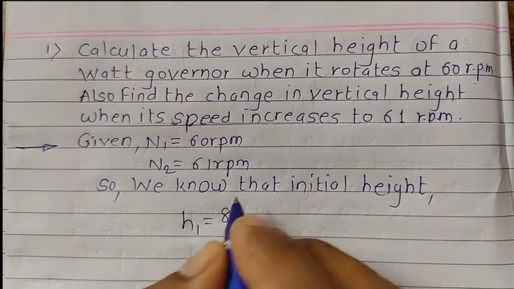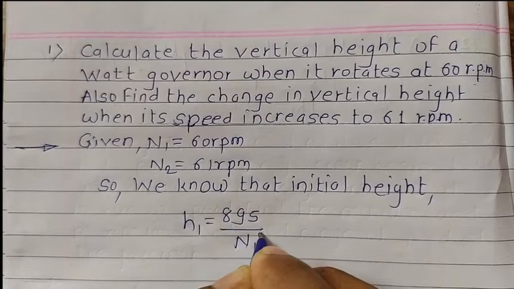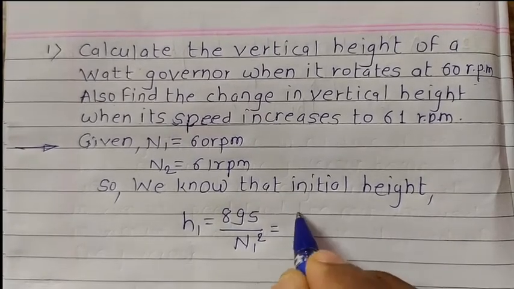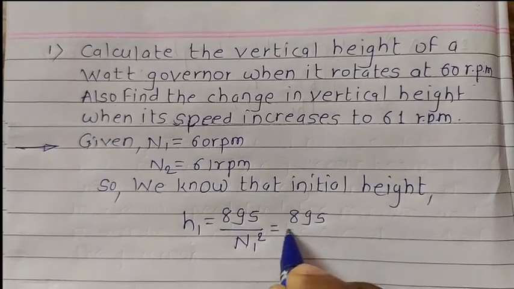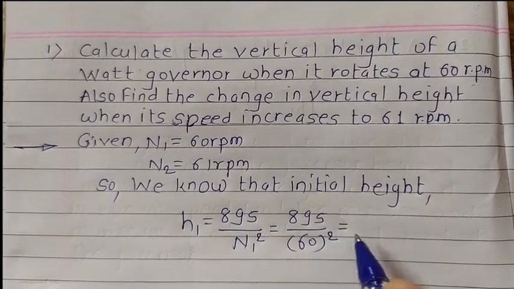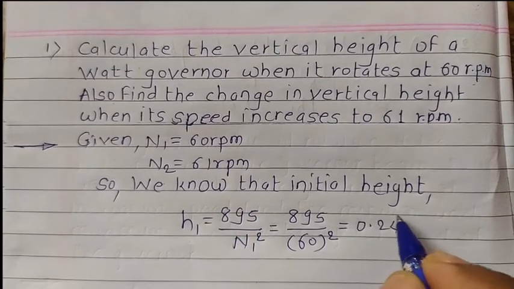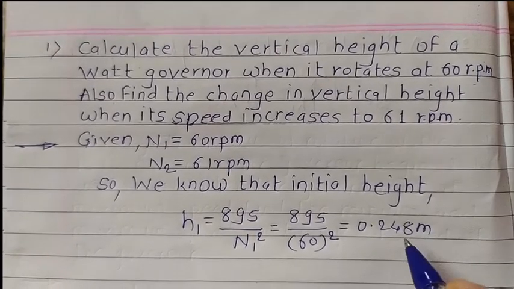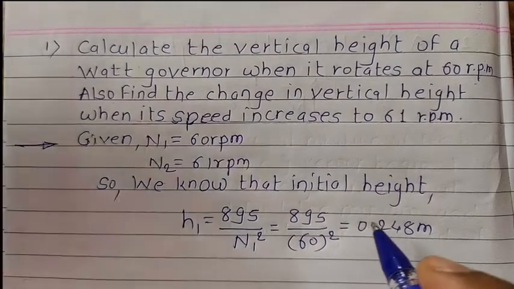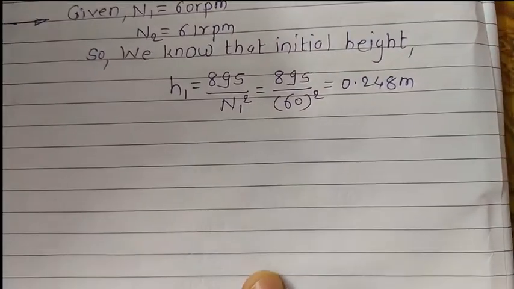H1 equals 895 divided by N1 square. So substitute the value of N1 here, 60 square of this, do the calculation and get the value for the initial height of the governor. Then to get the change in the vertical height,